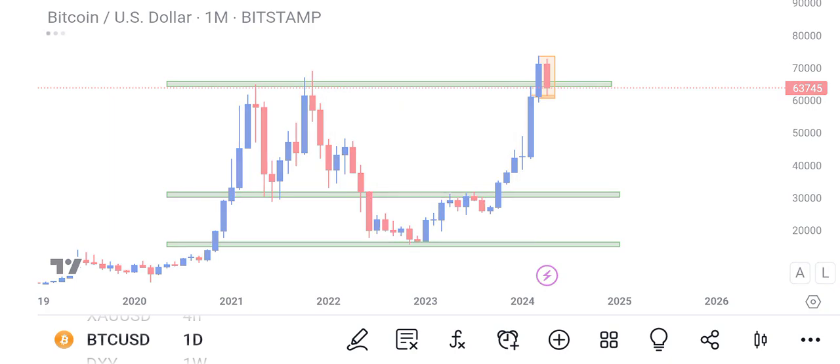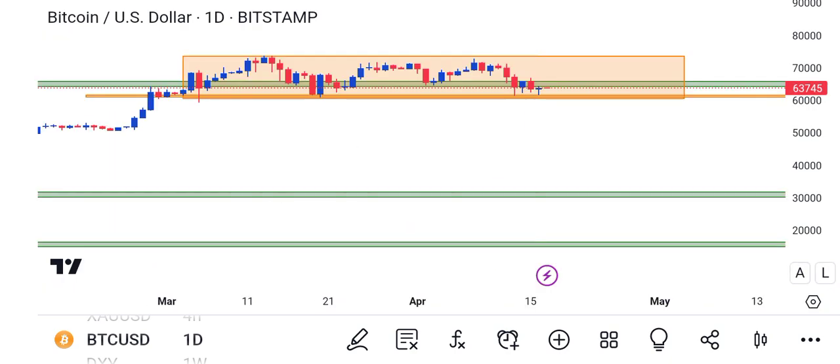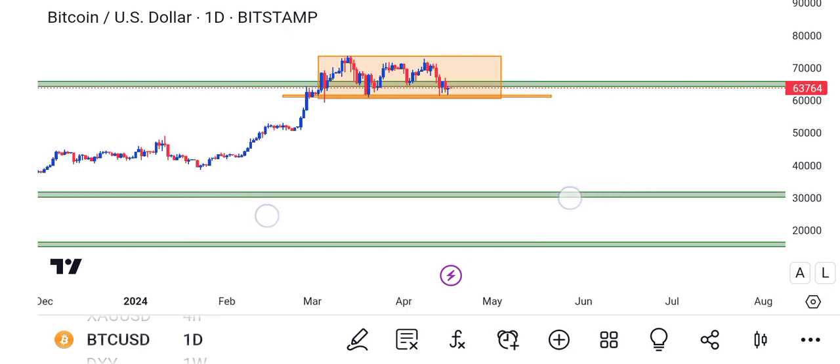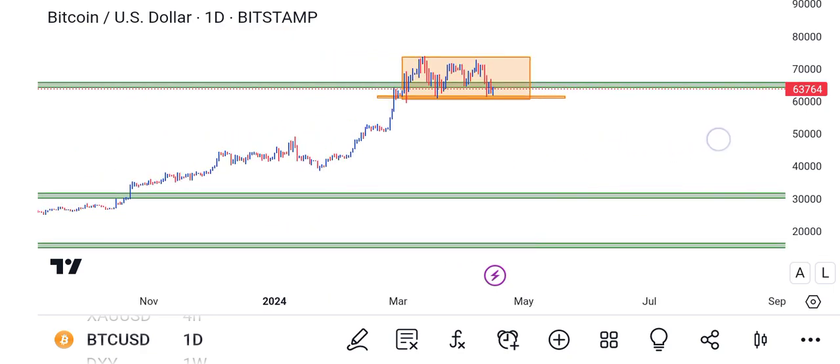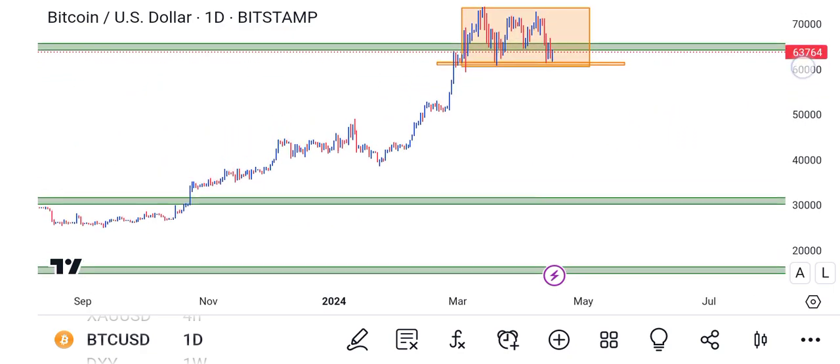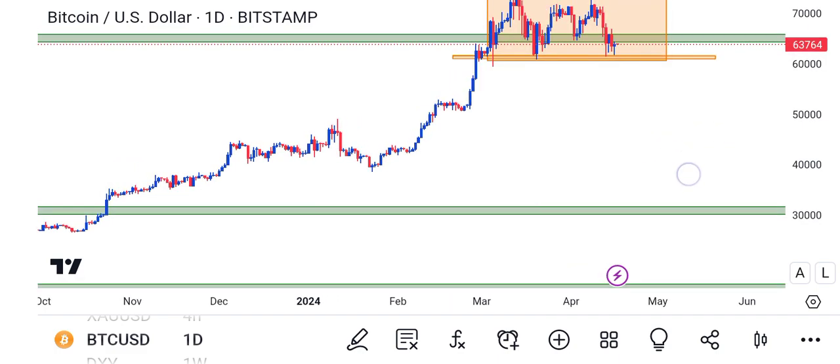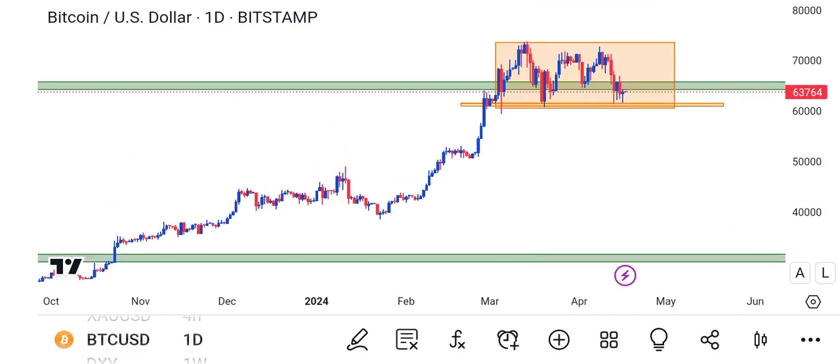I'm really not touching Bitcoin because we're actually ranging. If you check the daily time frame, we're actually ranging, which is very understandable because after this bullish move to the upside, it is very natural for it to get into a range. So the range was expected, and also I'm only going to be looking for trading opportunities once BTC breaks out